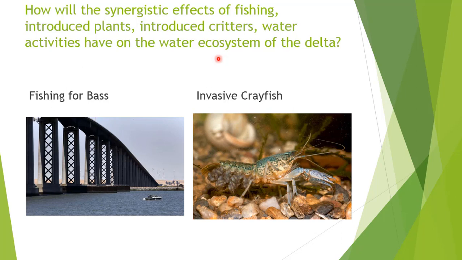So we have fishing for bass. Well, if you did not know, bass are non-native species. They were introduced in the early 1900s as a sports fish so that we could have sports fishing in this area, right? But they are not native. We do have a bass in our garden if you'd like to go see one. They are voracious eaters, which means they eat almost everything.